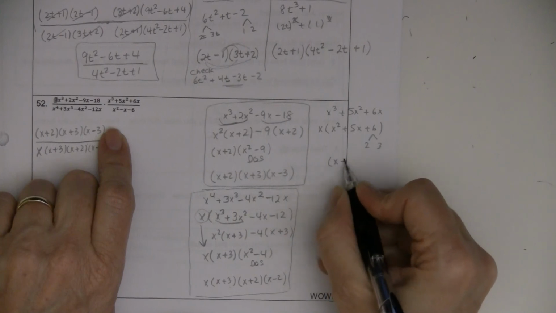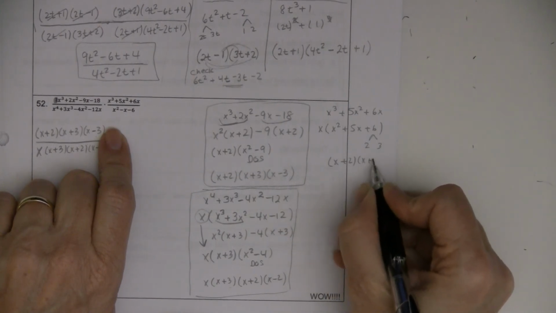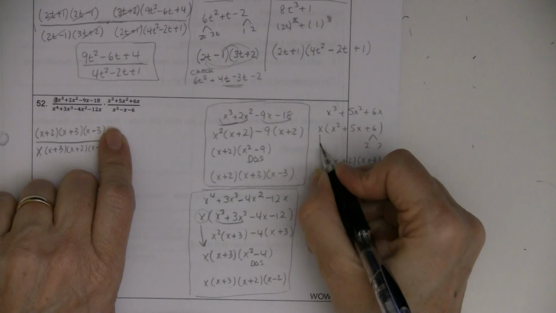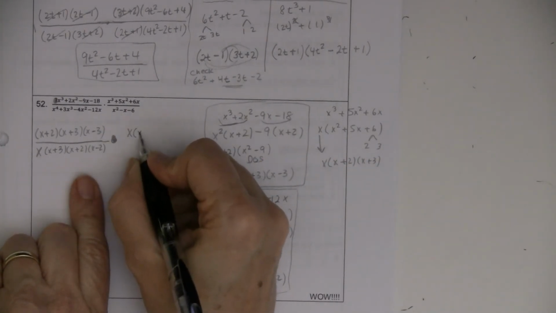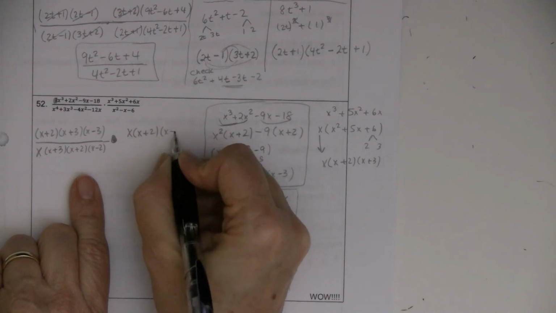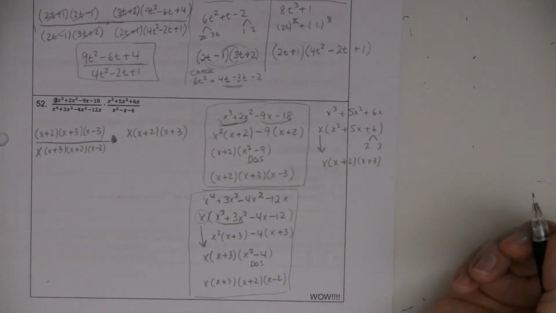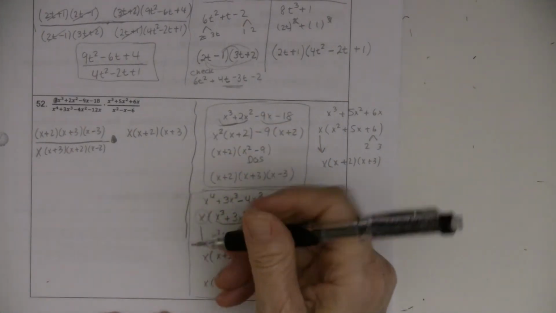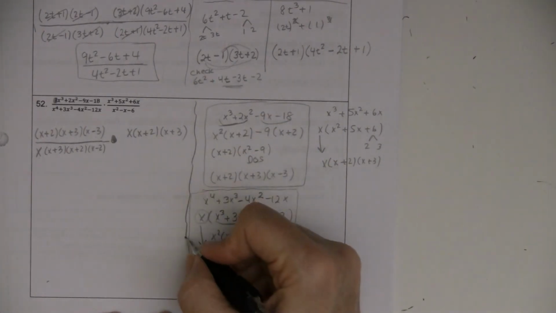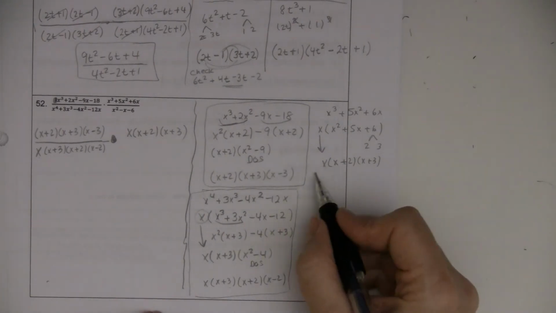And so x plus 2, x plus 3. And don't forget your little x. And so this becomes x times x plus 2, x plus 3. Then, oh, I got too aggressive. Then